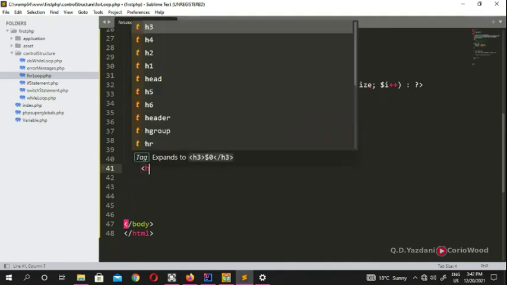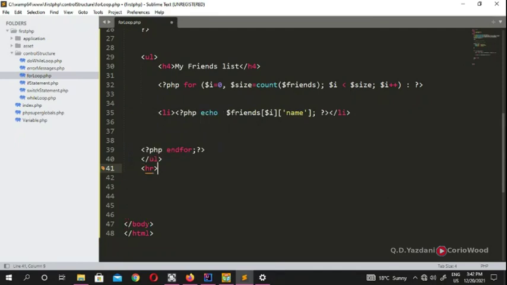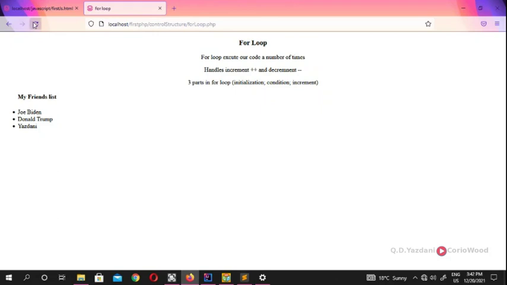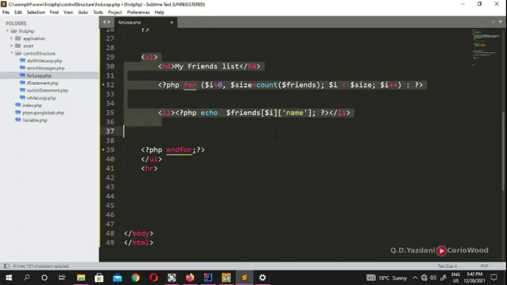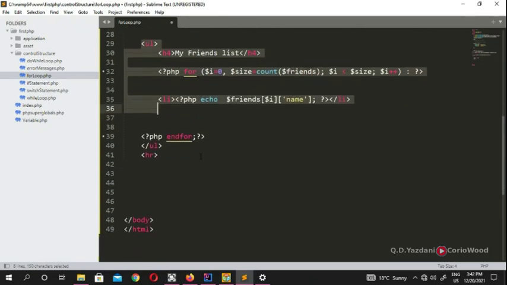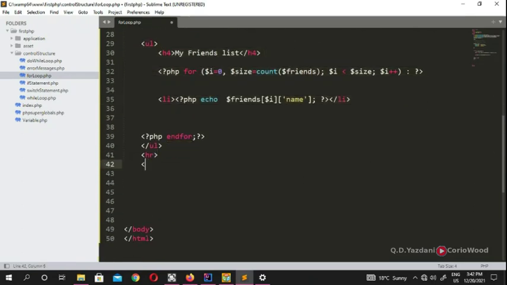I'm going to put a line here, and underneath I'm going to put a simple PHP array, because the one you saw here, I embedded PHP with the HTML, but if you want to see the simple PHP here,